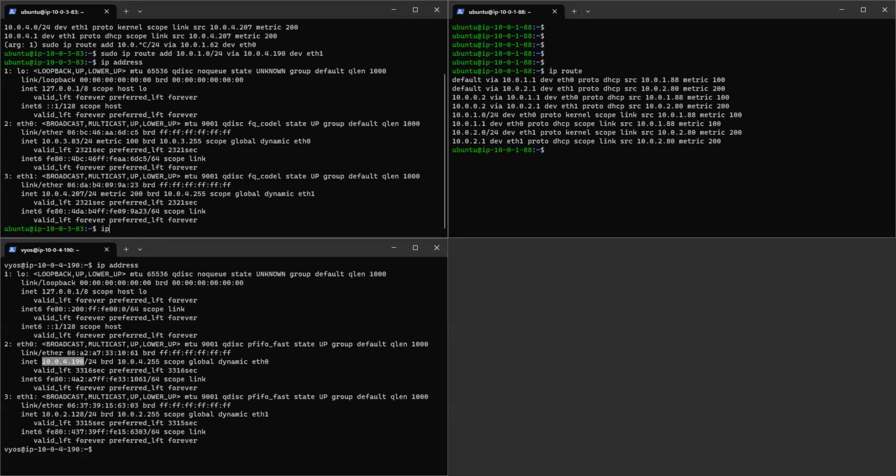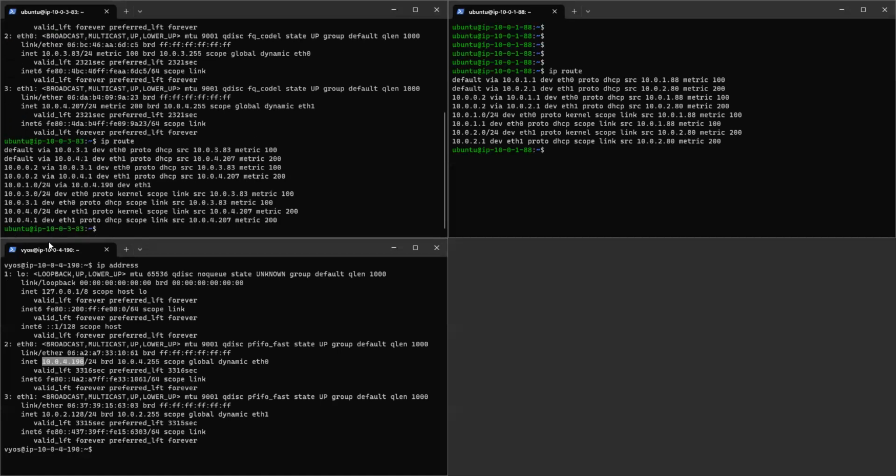We'll check if this is added. So the same thing: 10.0.1.0/24 will be via 10.0.4.190 via ETH1. So this is done. We'll do the same thing here too. Basically, I'll just paste the same command. Add for all. So here we'll have to add the rule for,